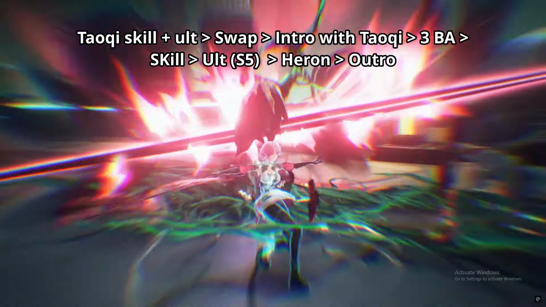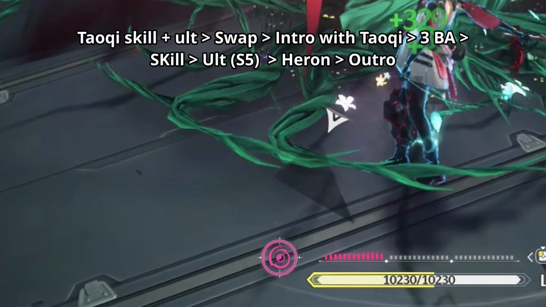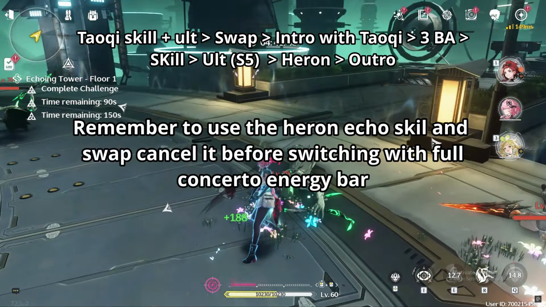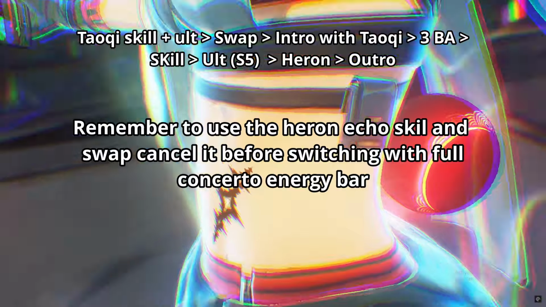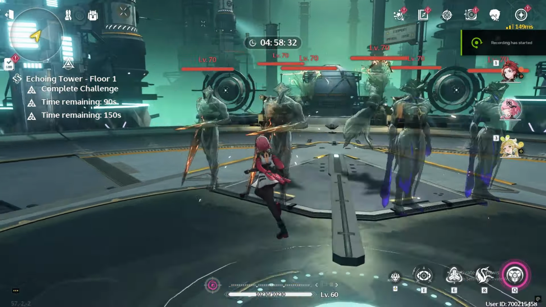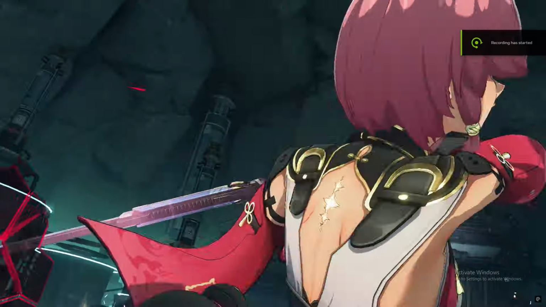If her Concerto bar is almost filled where she will need only 1 or 2 normal attacks, you can proceed to fill it completely and trigger her outrow. However, if it requires a lot more Concerto energy than that, I recommend skipping her outrow and using it in the next rotation. If you are a pro player and can time your parry to counter enemies' attacks, it can help